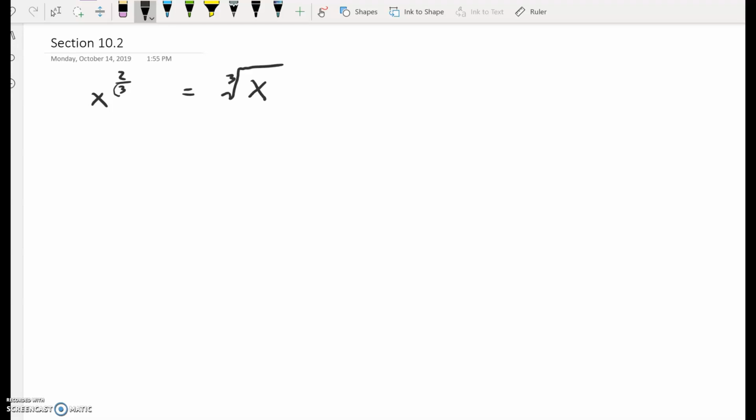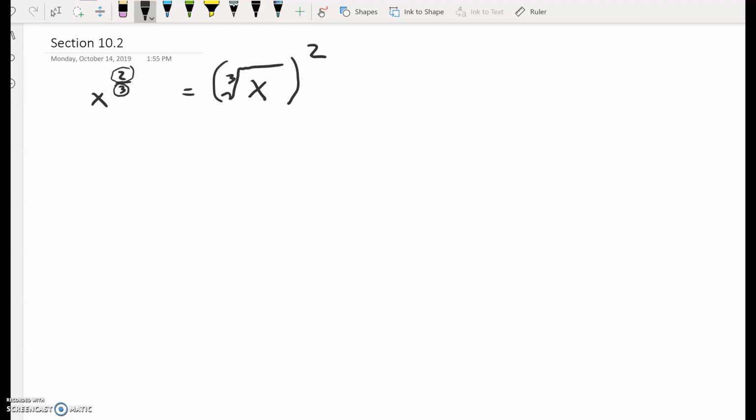You always use the denominator of your fractional exponent for the index of the root. And then, when you're done doing that, you take that result to the second power. The top of the fraction, the numerator of the fraction, is always the power. Taking the cube root of x kind of tears it down, and then taking the square of that kind of